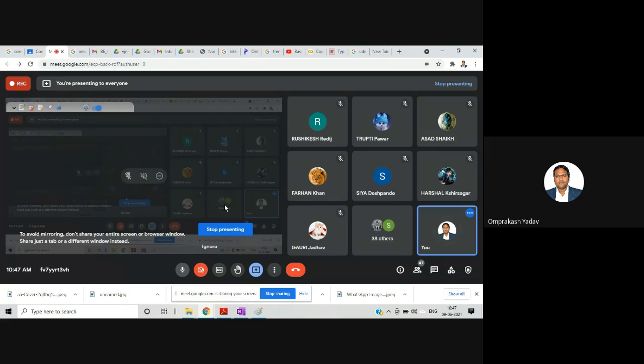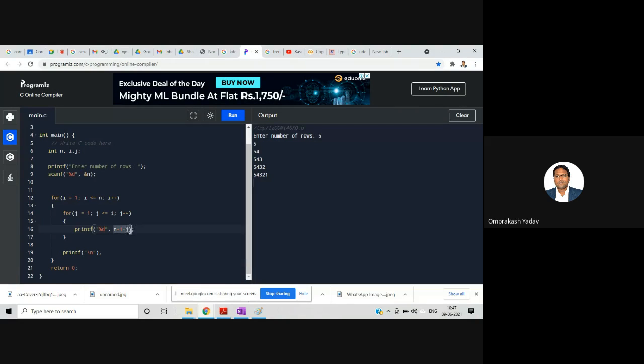Let's check. See, over here, what I'm doing, just see carefully. i plus j mod 2 equal to 0.